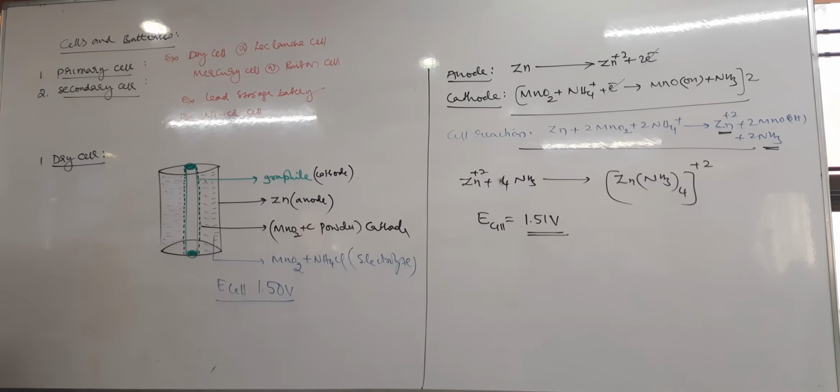A dry cell consists of a cylindrical zinc vessel, which acts as the anode. A graphite rod is placed in the middle of the container, and it is surrounded by